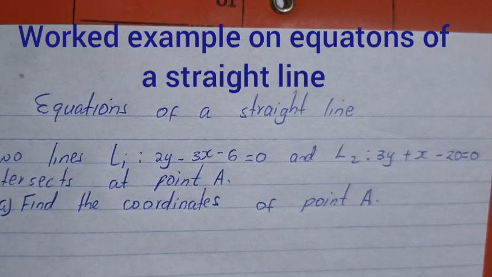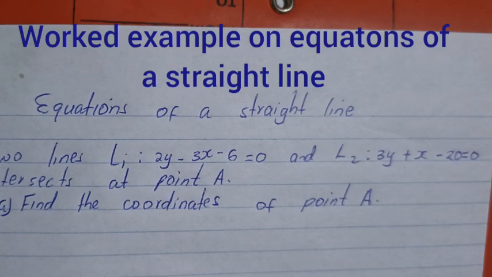So in this video, we'll be looking at an example in KCSE. I think it was in KCSE 2018. It was a question where the equation carried 10 marks. It was very easy for students who understood what equations of a straight line entails, and they scored a lot of marks. Now, we have a question here that says two lines, L1 has an equation 2y minus 3x minus